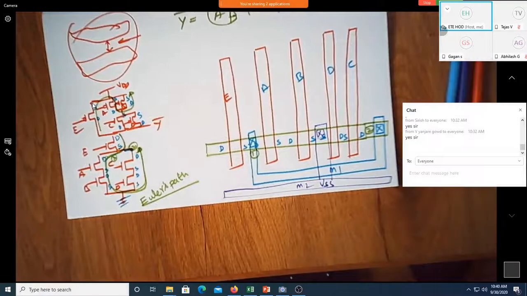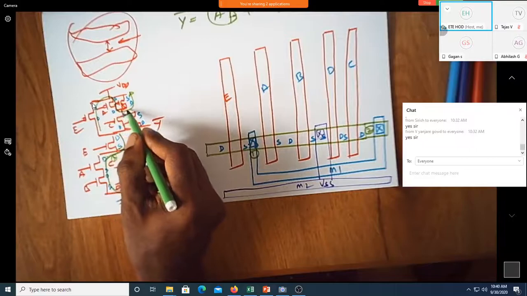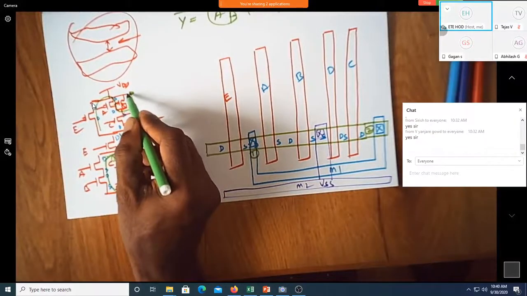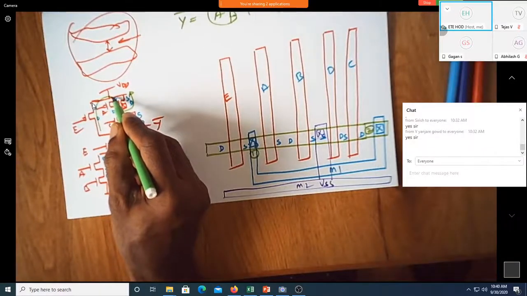Now Euler's path is defined as that path. It should not touch any point more than once. So as it was in your signal flow graph, in your finding out loop, whenever you are traversing, how do you define a loop? It should not touch any node more than once. Now I'm starting from here. I went like this, I went like this, I went like this, and I'm stopping here. I cannot again come back here, because if I come back, I'll be just traversing this source twice.